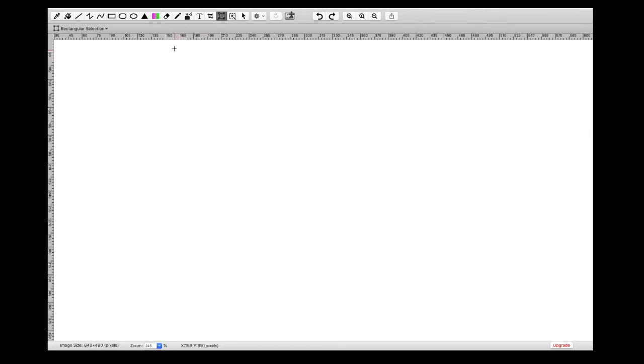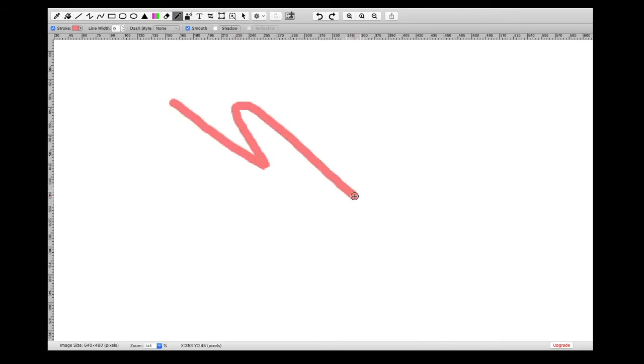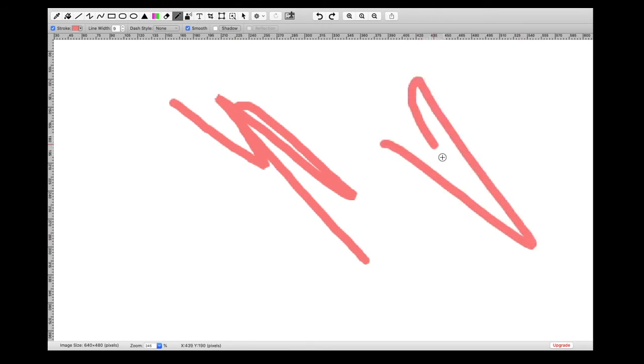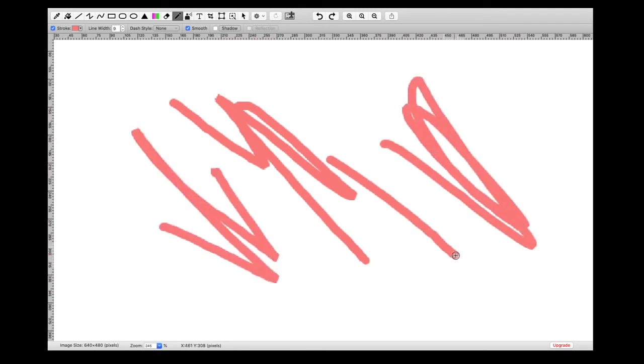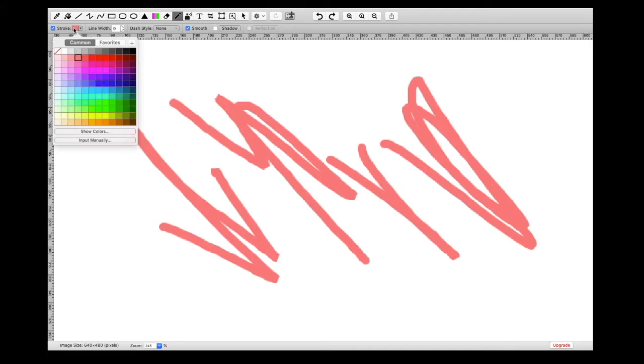So let's start with the pencil tool. This is the pencil tool. You can use the pencil to draw anything on this white screen or the paint screen. You can change the color of this pen from here, the stroke section.